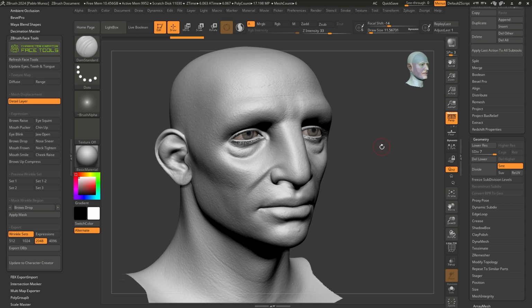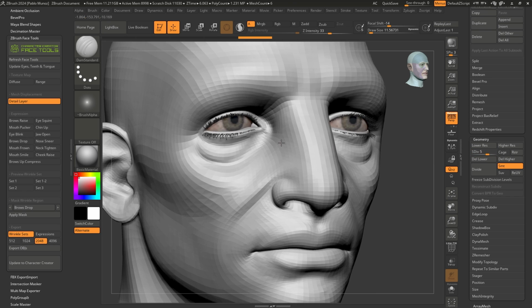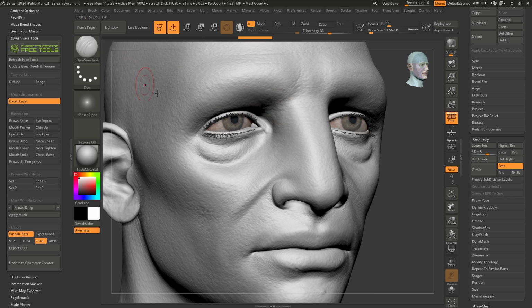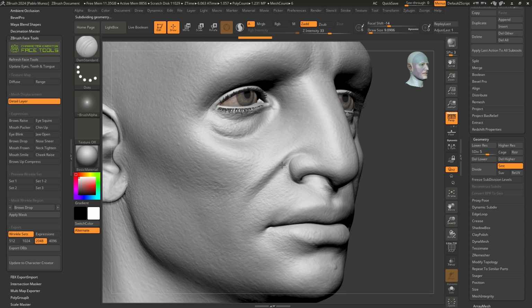So let's collapse this one now. And now that we have the layer recording, we can actually go into a lower subdivision level, maybe level 6 or 5, just so we can control things a little bit better. And I'm going to use the Dam Standard brush. I'm also going to enable symmetry. Whoops, let's go ahead and switch to C-Sub. And I'm going to go ahead and start sharpening up some lines. So subdivision level 5 should be okay. You can also start smoothing things out if you want to a little bit.